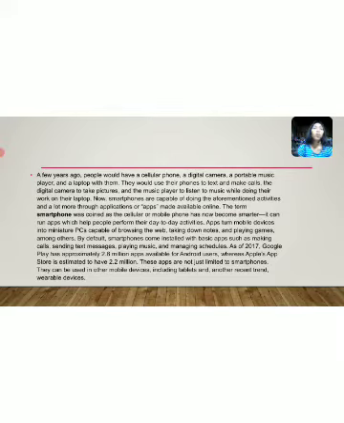So a few years ago, the trend was the cellular phone, digital camera, and portable music player. But nowadays, in this generation, the trending is the smartphone or mobile device that can easily take pictures. You can play music, write notes, play games, and you can also find answers on the web.